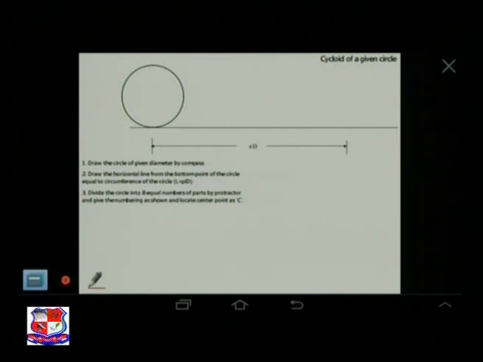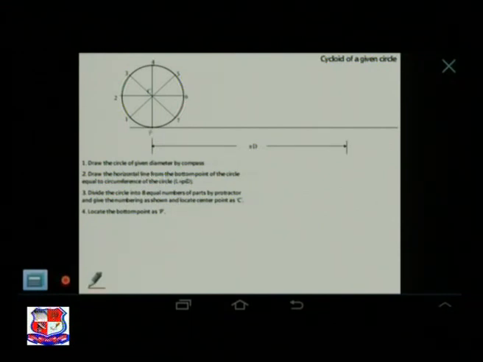Here I am dividing by drawing first two perpendicular lines from the center point of the circle. Next I am drawing the remaining lines at 45 degrees by using the protractor. Like this we need to draw the dividing lines onto the circumference of the circle, and then give numbering to the divided points. I am giving the names 1, 2, 3, 4, 5, 6, 7, 8. The 8th point is the bottom point, and I have located the center point as C, and once again I am locating the bottom point, that is the 8th point, as P.